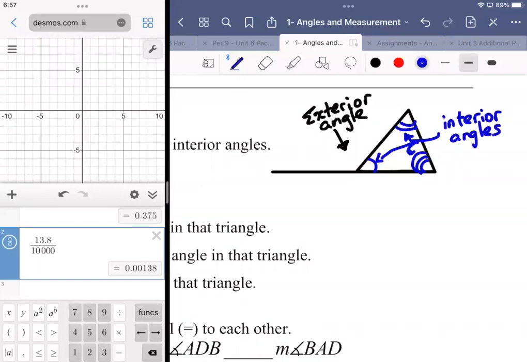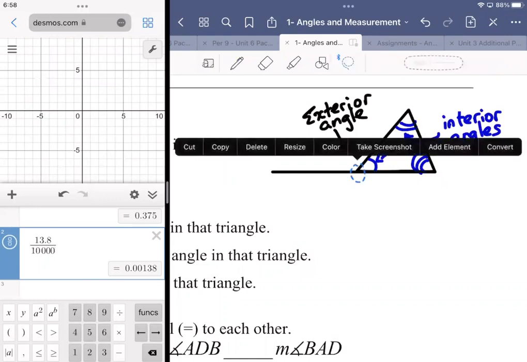I think that idea should make some sense because you think about interior, inside, you know, like interior of a house or something like that. You're inside the house, right? The exterior, outside, all right? Now, the adjacent angle, an adjacent angle is not in contact with the given angle. So 2 angles are adjacent if they are physically in contact with one another. They share a side, right? So I'll give you an example of adjacent angles, and then I'll show you why this works the way it does. But let me just pull this diagram here, copy,